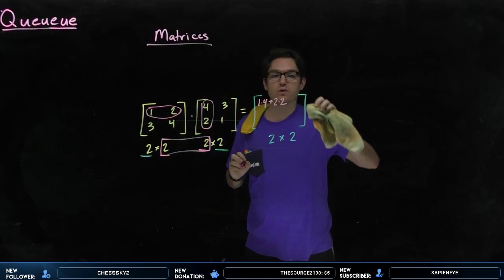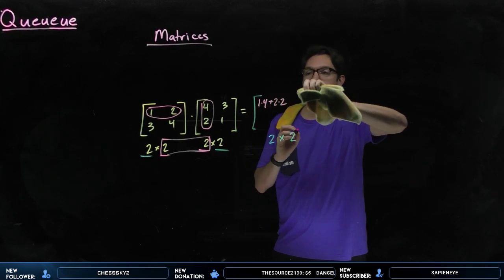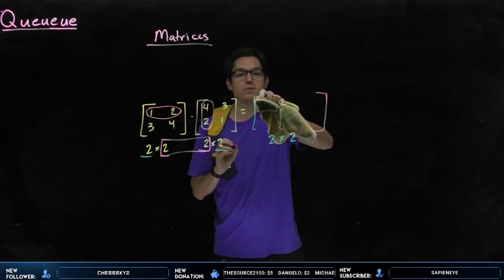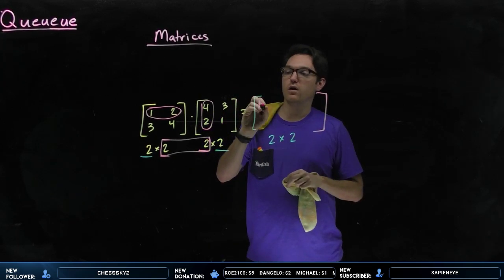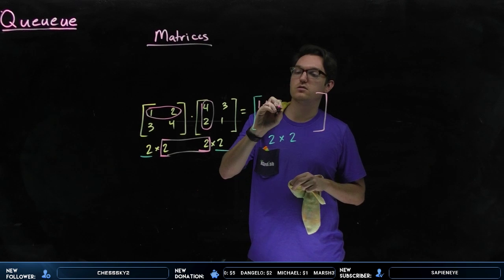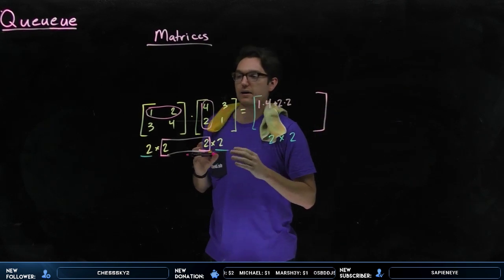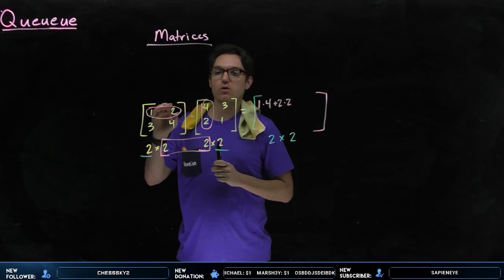Okay? Pretty wild so far. Let me open this up a little bit. Okay, we're going to make this a little bit bigger. Okay, 1 times 4 plus 2 times 2. All right, when you've finished with that, you're going to stay with the top row here, and you're going to